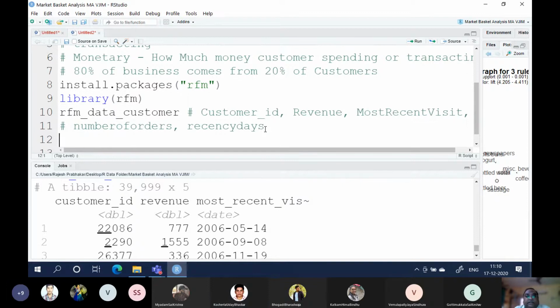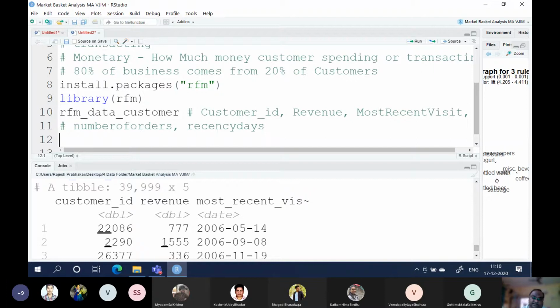So there are 5 columns of data. This is an inbuilt data set which we can use.